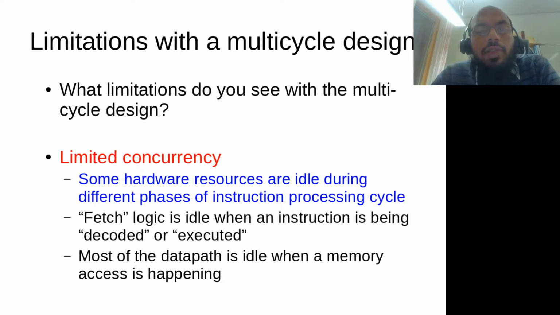There are some limitations with multi-cycle design. I'm not going to ask you what you see with them, but let's just jump to the important part. You have very limited concurrency, because now you have an instruction that runs for 6 cycles while it has 6 stages, right? And if you just have a multi-cycle design as is, so you go instruction